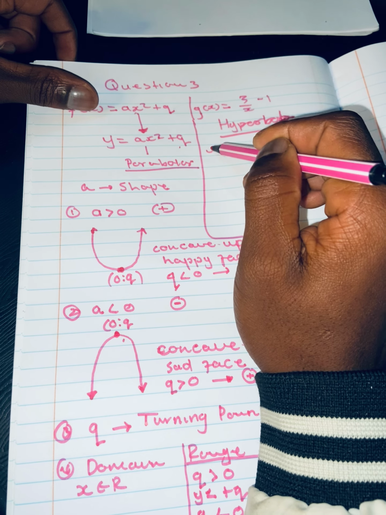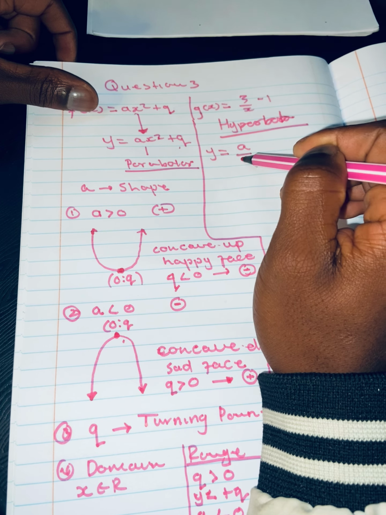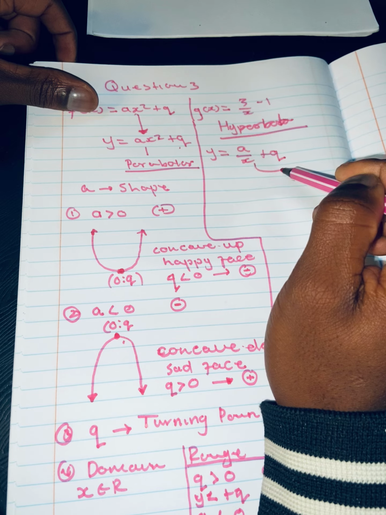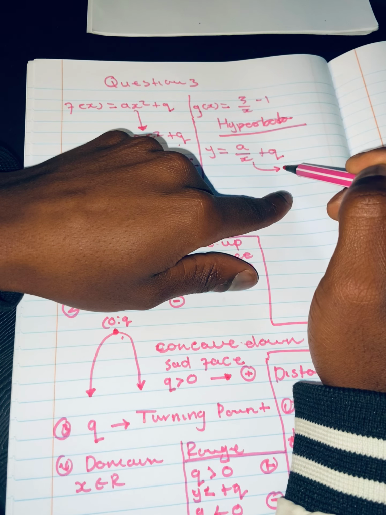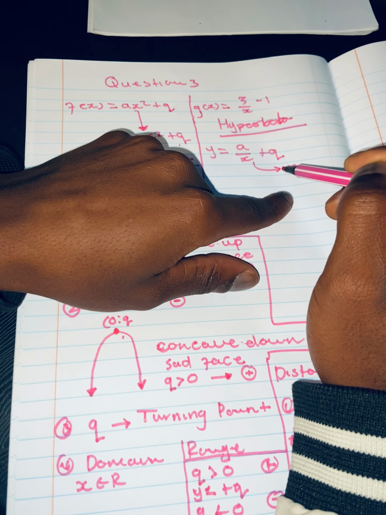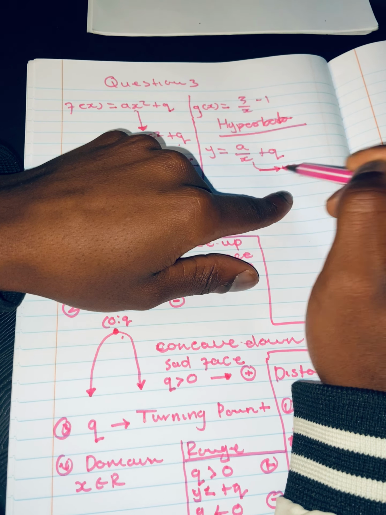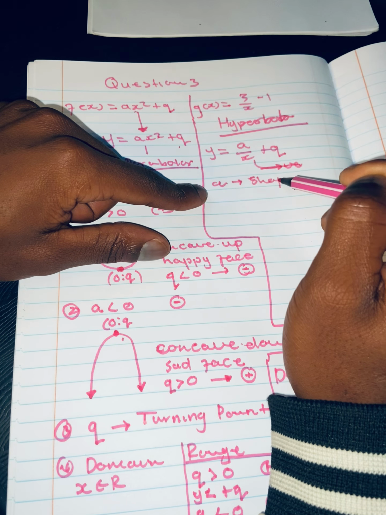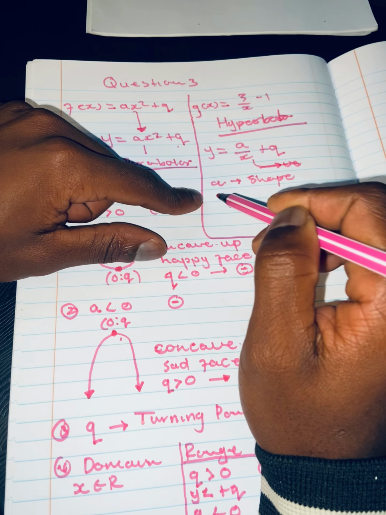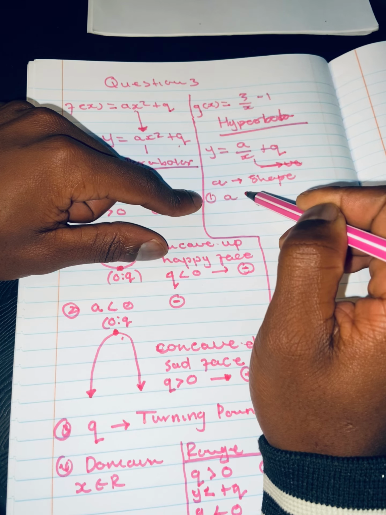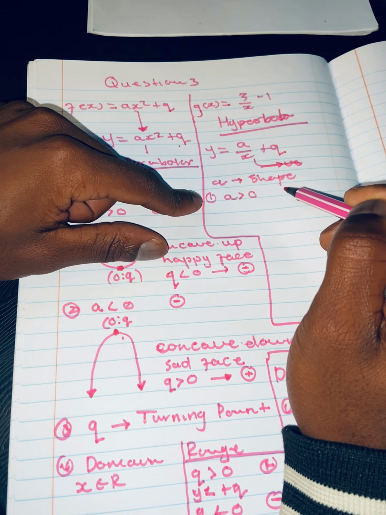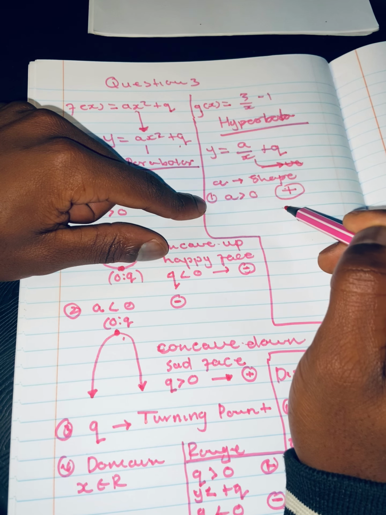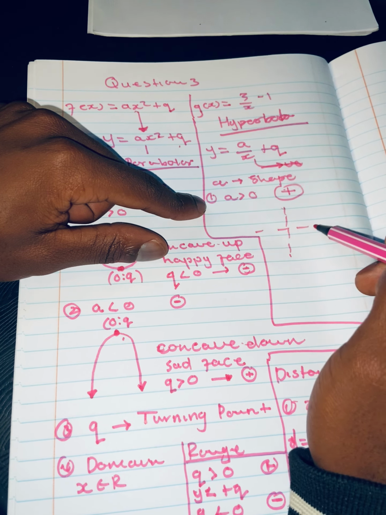A hyperbola equation is y equals a divided by x plus q. Now, this one we call a vertical, meaning there's no vertical. But one thing you must remember is that a is also the shape. Why do we say it is the shape? Number one, the moment you have a that is greater than 0, which means a is positive, you are going to have the curve